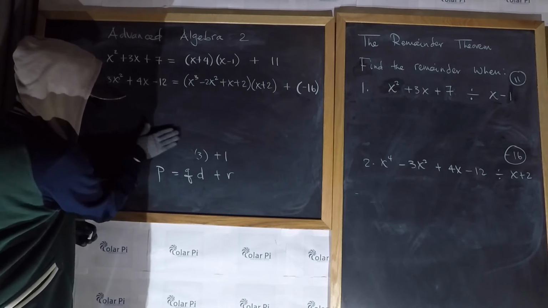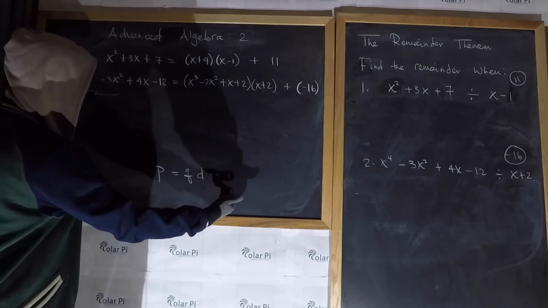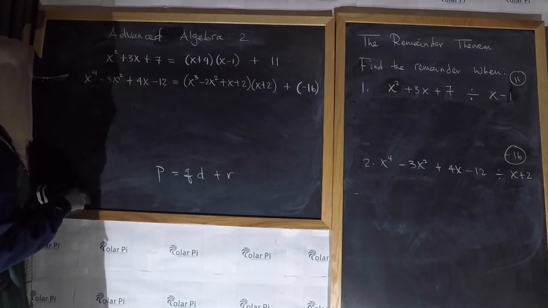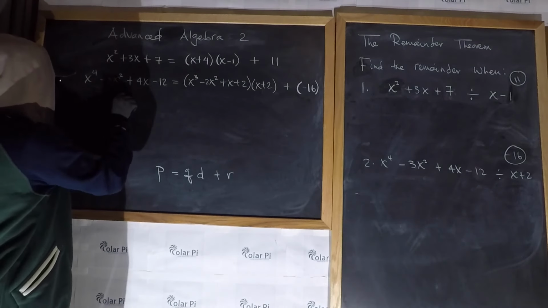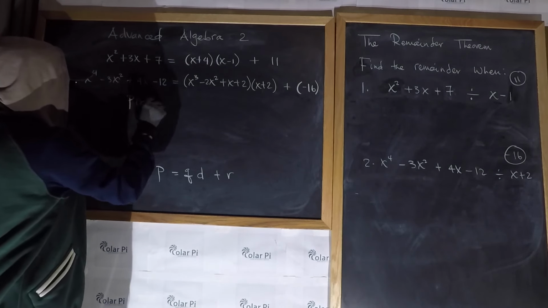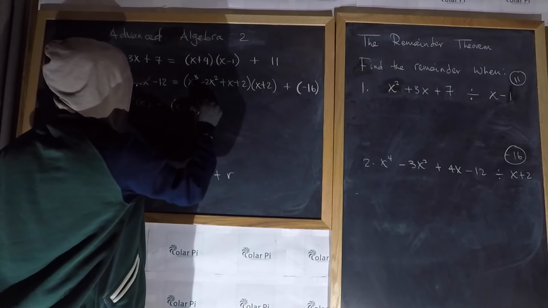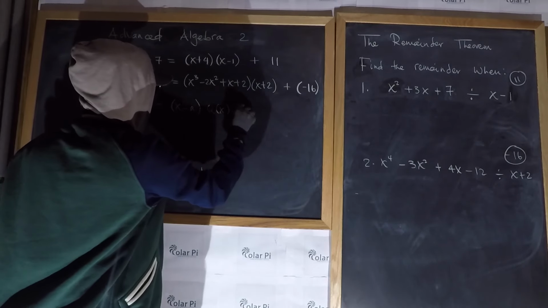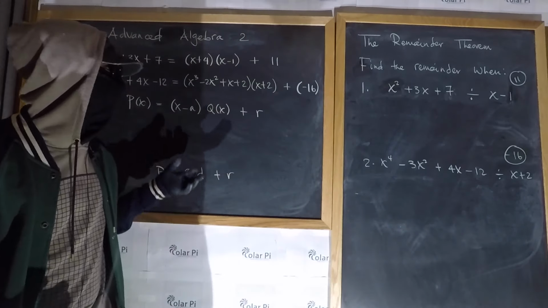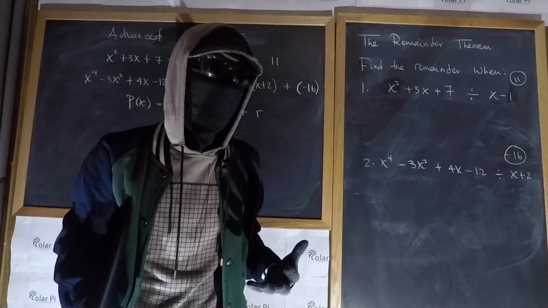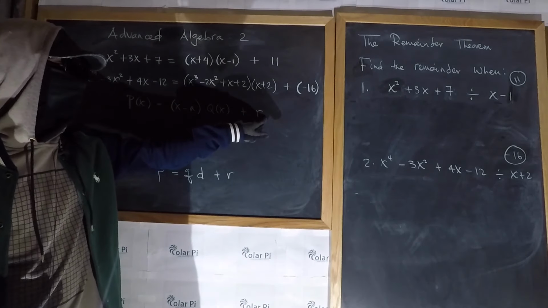Okay, so what I said, which is the analog in the polynomial world to this division algorithm for numbers, is the division algorithm for polynomials, which goes something like: every polynomial p of x can be written as x minus a times a quotient q of x plus r. Now, the more general